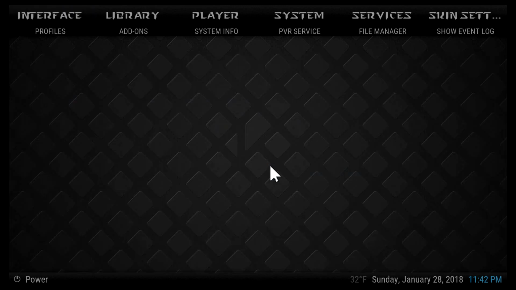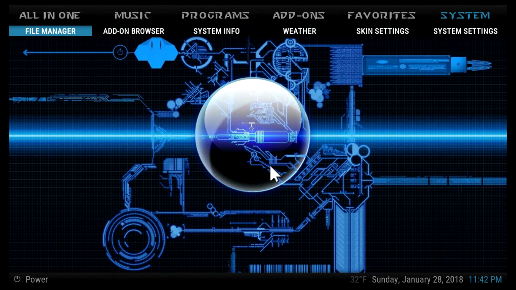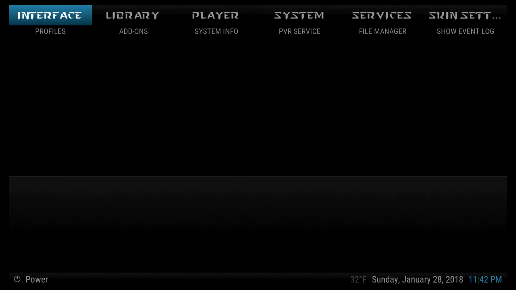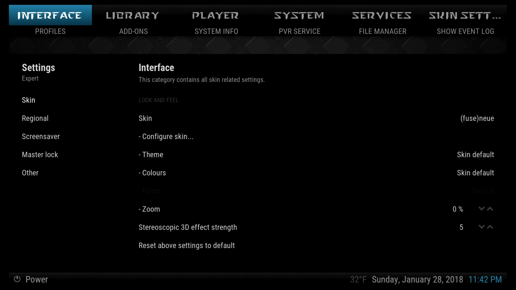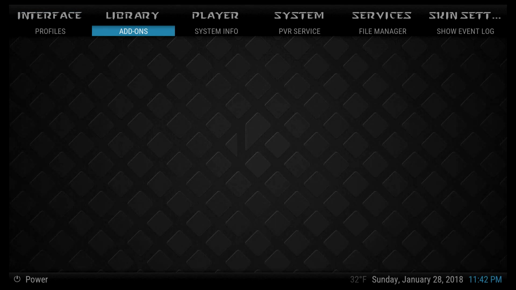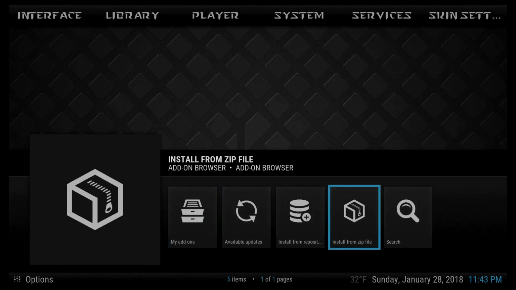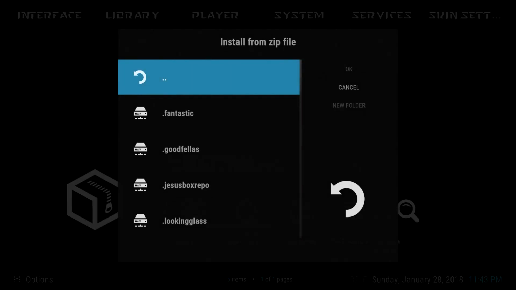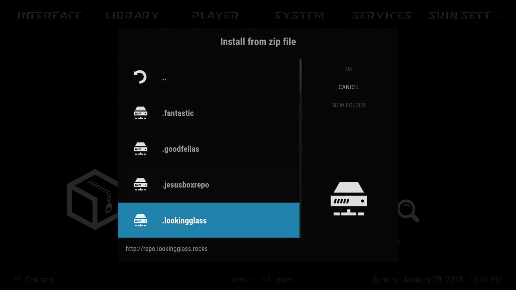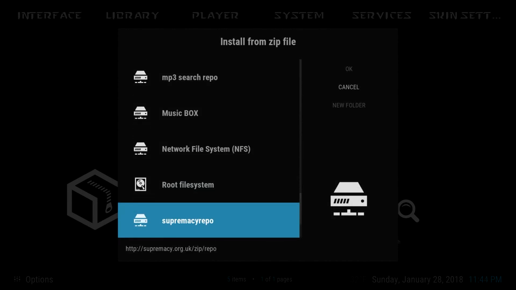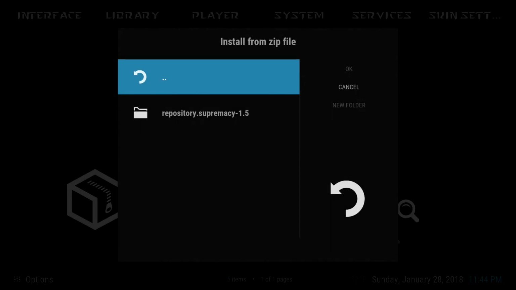So click your return button, and now click on System Settings, click on Add-ons, and then click on Install from zip file. Locate the media source that you just created. So now I've located Supremacy repo. I'm going to click on that, and then choose